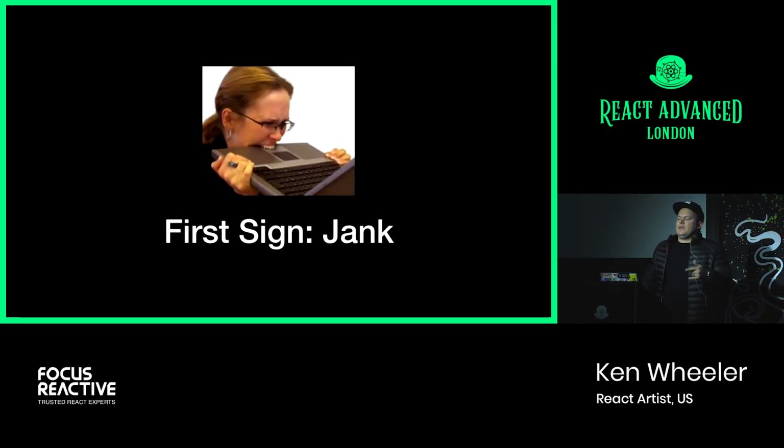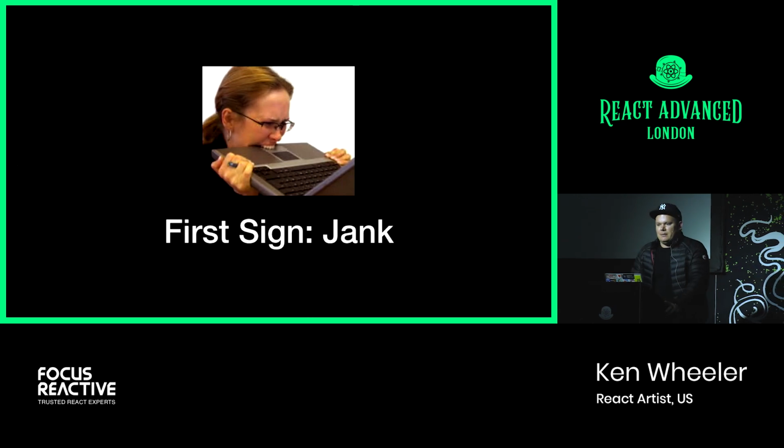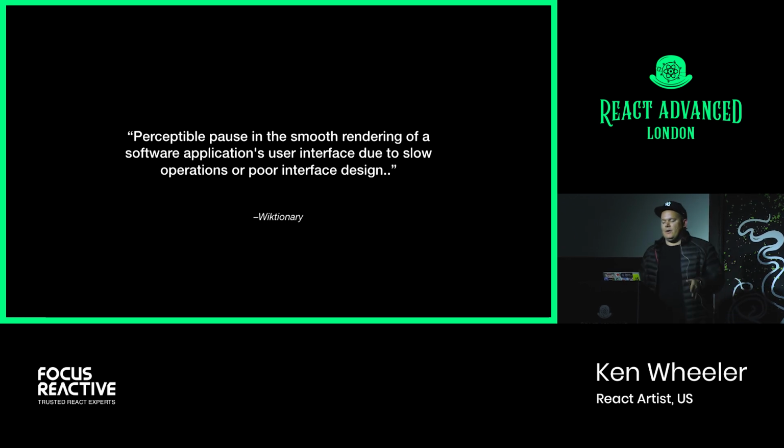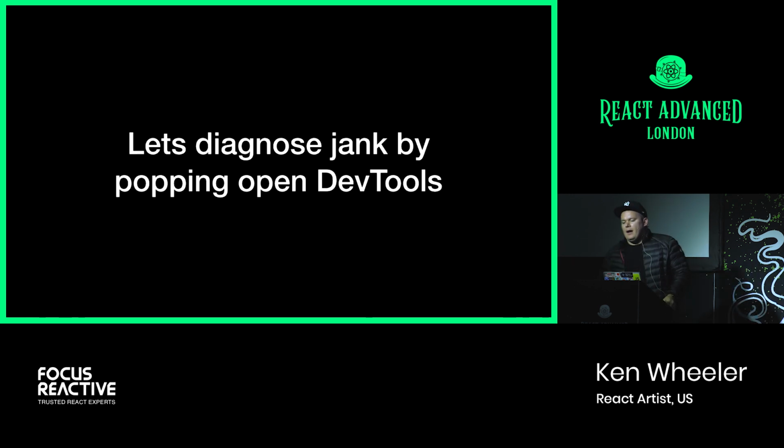But if you do see it, the first sign of a performance problem is jank. The definition of jank is a perceptible pause in the smooth rendering of a software application's user interface due to slow operations or poor interface design. So if we see jank, if our stuff looks like it sucks, the first place that we want to go